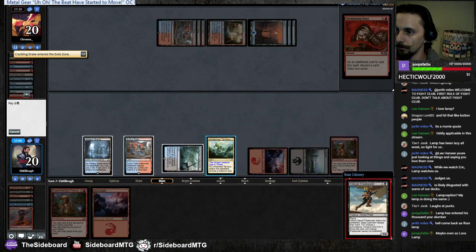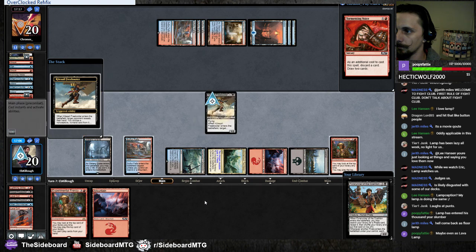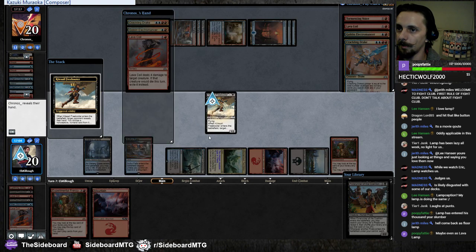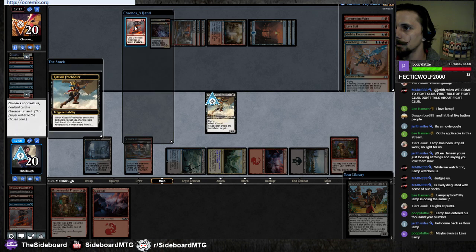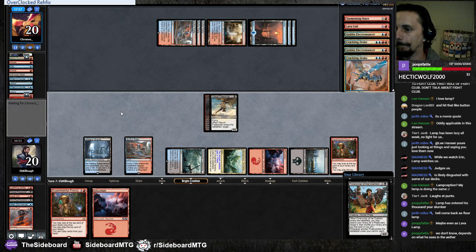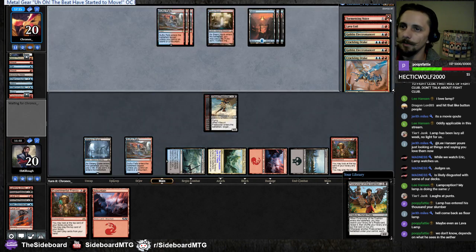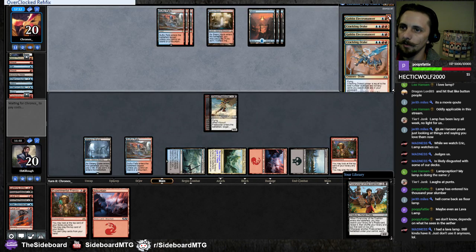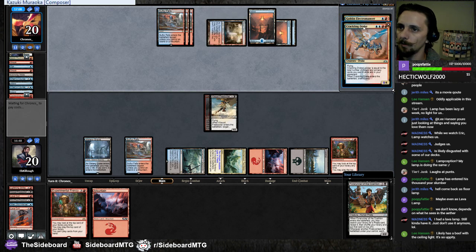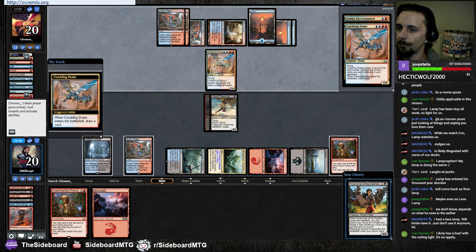Kari Freebooter. Forerunner. Can't play it. We take his Lava Coil. Oh my goodness. We have a decent turn next turn. Alright, so he's got... We took the Lava Coil. He's got Goblin Electromancer, Crackling Drake. If we go Forerunner...